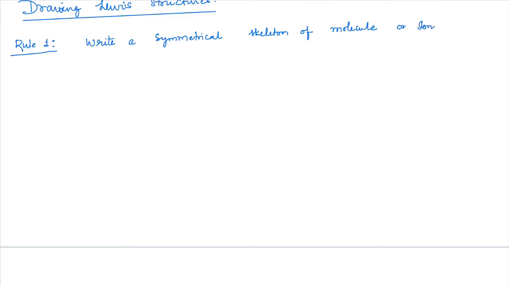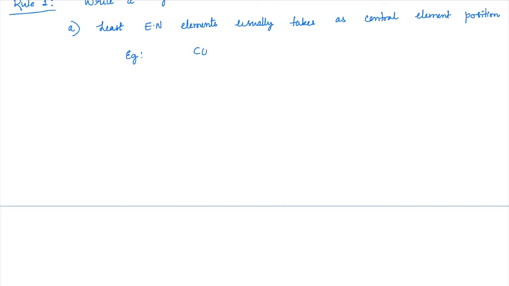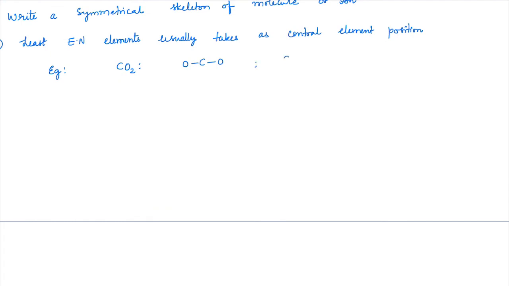Okay. So this is a more important form, right? Within that, there is one rule we need to check: the least electronegative element usually takes the central position. For example, if you have carbon dioxide, in carbon dioxide you'll have C, O, and O. If you have sulfur dioxide or sulfur trioxide, then we'll be writing that as S, O, and O, like this. Okay, I don't have to showcase the bonds here, but you have to understand this is the skeleton which you have to write.